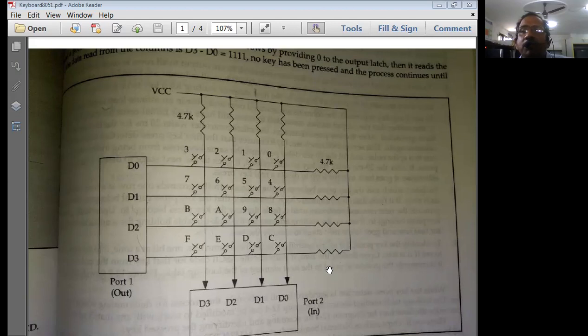Or we may want to perform some timer applications, or some applications regarding the interrupt signals, even after the keypad and the display are connected. In that case, we have to compulsorily reserve port 3 for the special applications, apart from the keypad and the display. So let us start interfacing all these three in today's session.